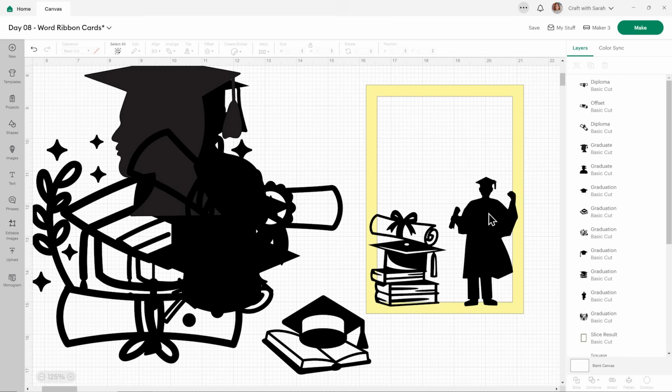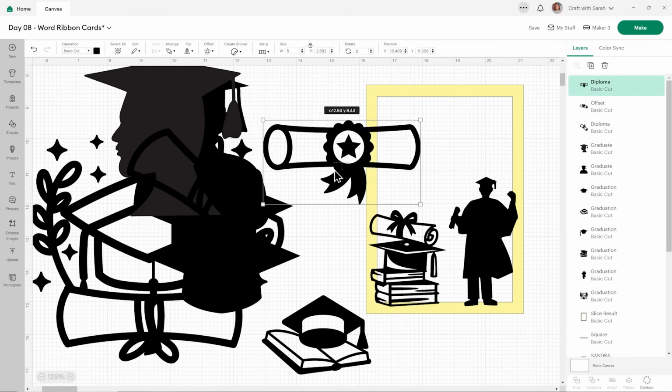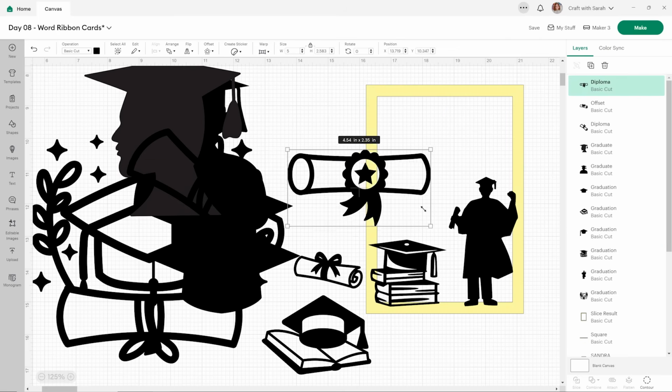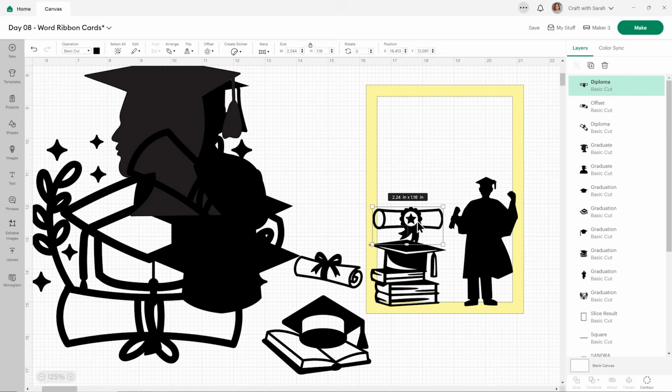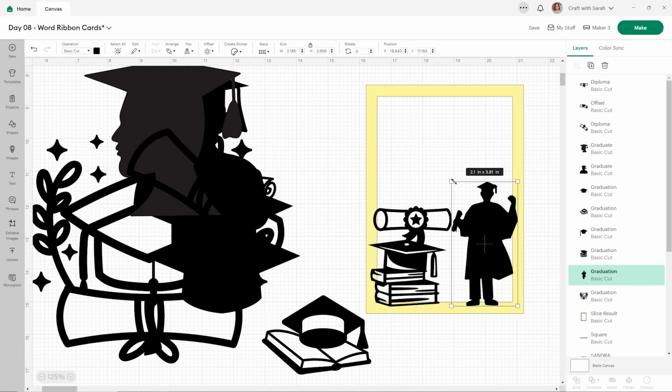There, and then we need something to sort of fill in the space in here. Perhaps just some stars or something like that. Or maybe that would be a better diploma to use. Could spread it out a bit. I like that one better. I think that'll work nicer when we've got the lines in.